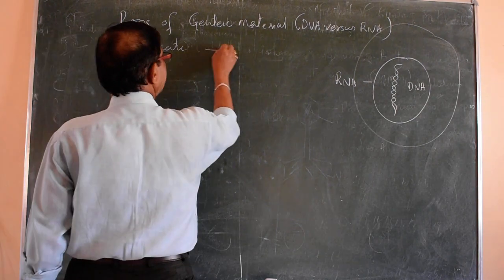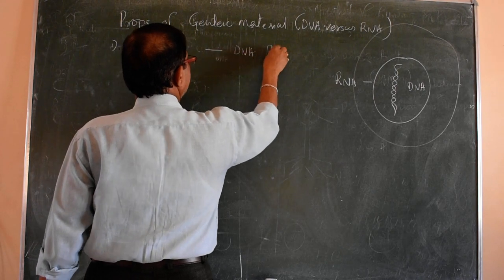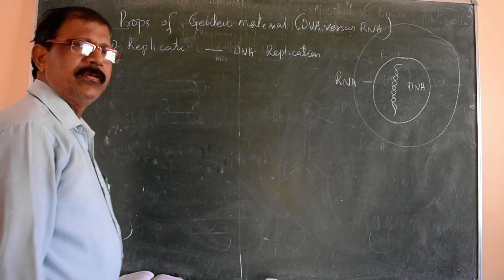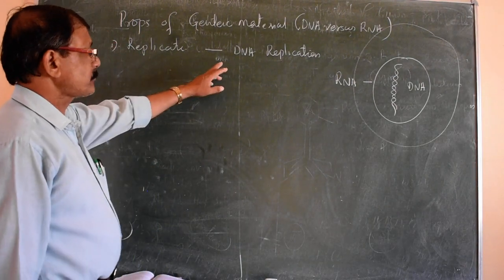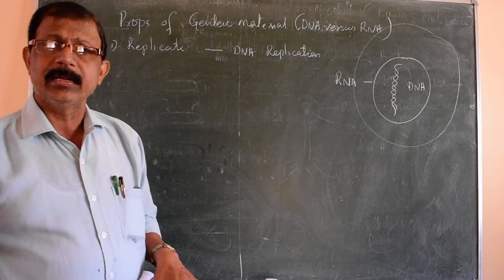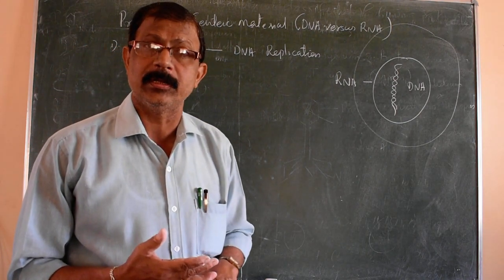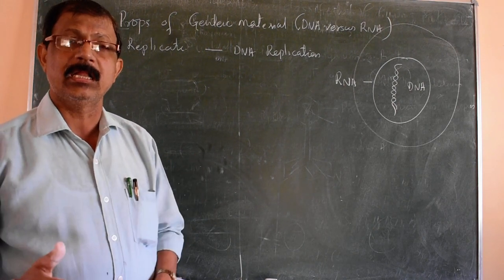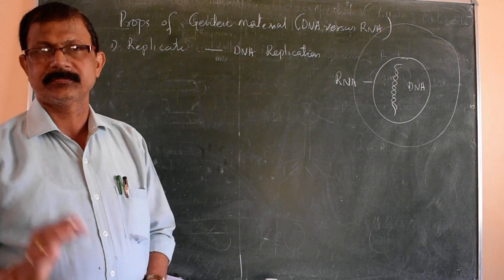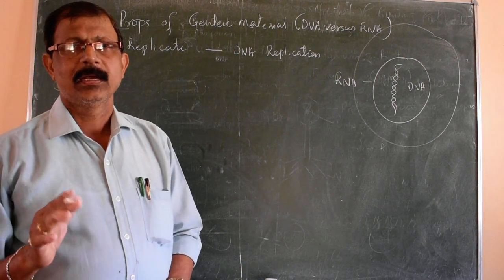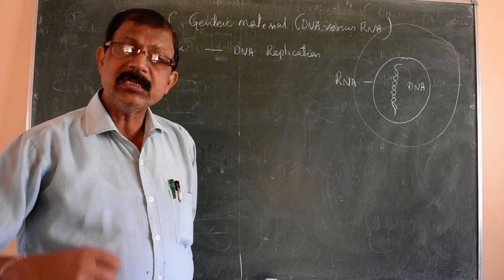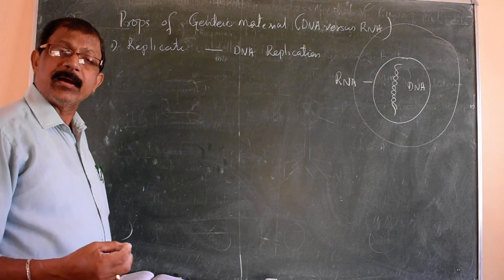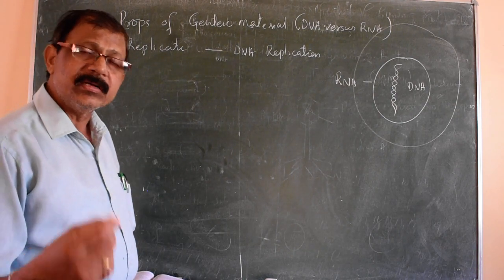You know that DNA also replicates. DNA replication, you know. And when does DNA replication take place? DNA replication takes place during the interphase of the cell, and that too in S phase. Correct? That you all have studied. And during that, it replicates its number of copies, and thereby it can share its genetic material from one cell to